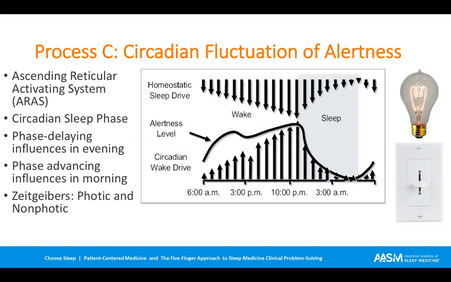Now, the thing about process C that's relevant to this discussion is that the timing of it is always in motion. The placement of the forbidden zone and the hibernation zones can change. So let's take a person, we'll call him Joe Average. Joe Average goes to bed at 10 p.m. and wakes up at 6 a.m. every day. He doesn't even have to look at the clock. At 10 p.m., he just goes to bed. 6 a.m., he just wakes up.